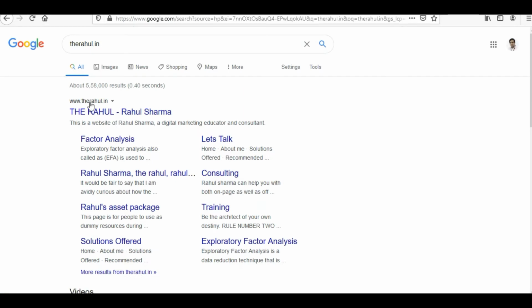And if you see over here, my main website along with different pages of my website have just got listed. There are also more results from rahul.in. So what simply happened is that this tree like structure has become visible in the website results. This way I am able to gain more real estate on this page of Google search. This is what is called a sitemap. So a map of my site is visible over here.